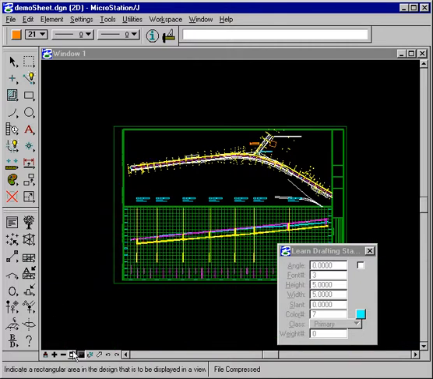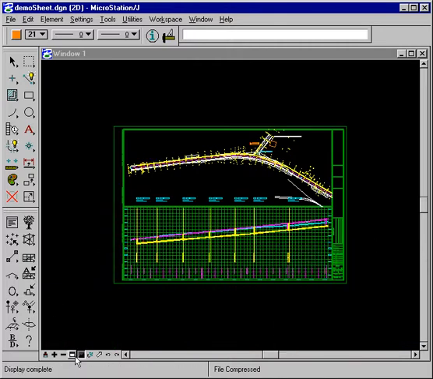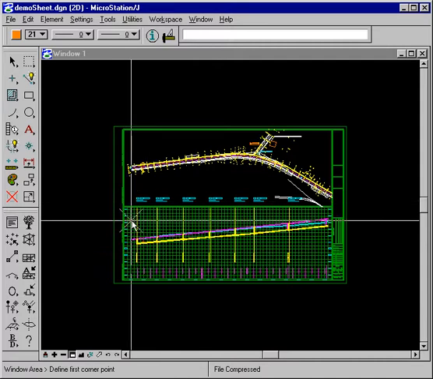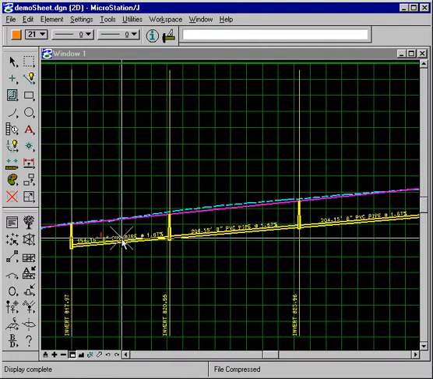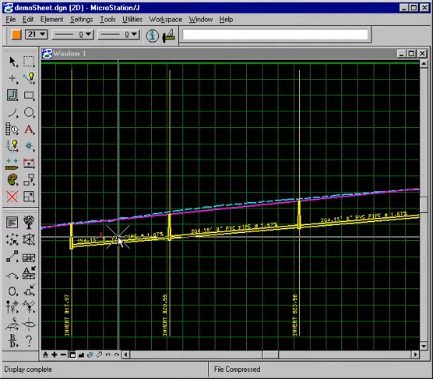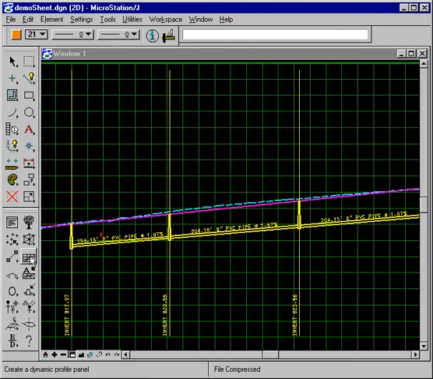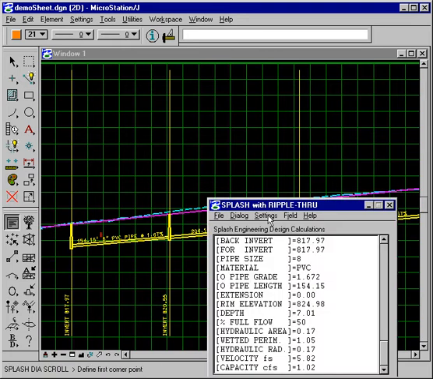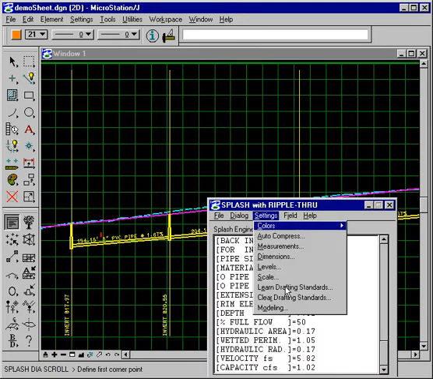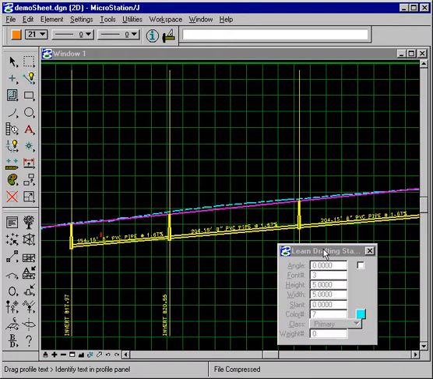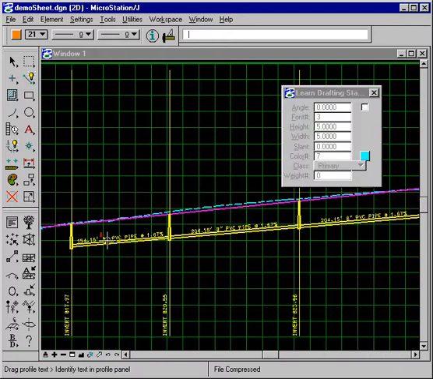Further, if we go down here on the profile and we decide that we would rather do our text on the pipes differently, we simply use Learn Drafting Standard, and perhaps we'd like to put our text at the bottom of the pipe. So we'll grab our text, move it to the bottom of the pipe, and Splash puts text at the bottom